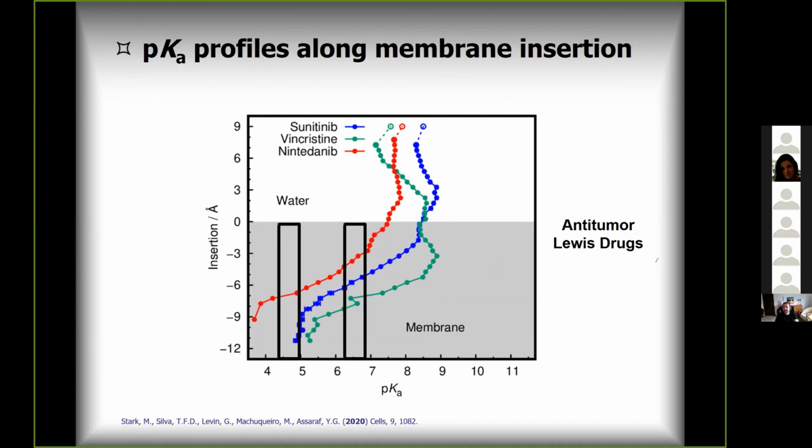What this means is that compounds like sunitinib and vincristine, in the tumor and also in normal cells, if they get inside the cell, right away they go into the lysosome, and because the pH is so low, they will get trapped there. They get protonated inside the lysosome, and now they cannot come back. It's called lysosomal entrapment. It's known for quite some years, and this is a major problem